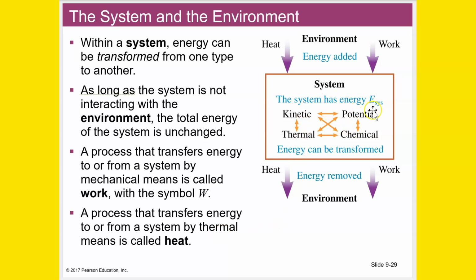So here's energy in the system. The system has an energy, we just call it E sys, the energy of the system. And it's got kinetic, thermal, potential, and chemical. We don't talk about chemical energy in this class very much. They can all transform into the other types. The energy can also transfer into the system by the environment or into the environment by the system, and that would be called the external work done.